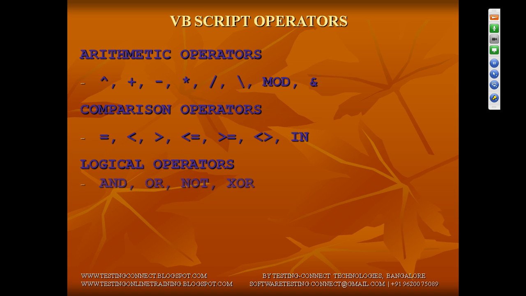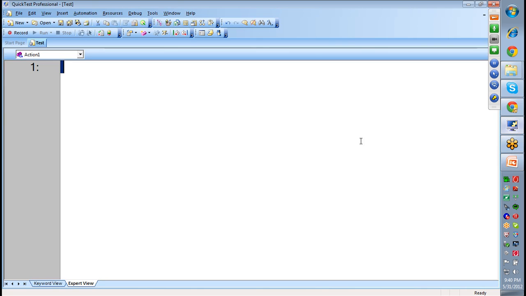Logical operators are nothing but and, or, not. If you go for and, say a equal to true, b equal to true. If this is the situation, and is the operator you can use: if a and b, then